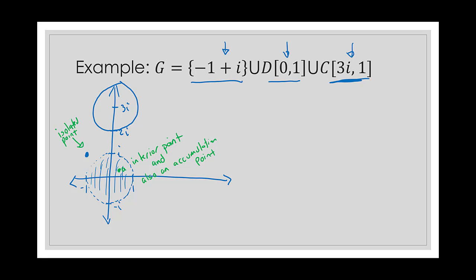Now, if you pick any point along our circle here, you actually get a boundary point, because any open disk we take around any point on the circle is going to contain some point that's not in G as well. Notice here we have a point here, a point here, a bunch of points there that don't actually live in G as well. So here's just another example using our definitions.